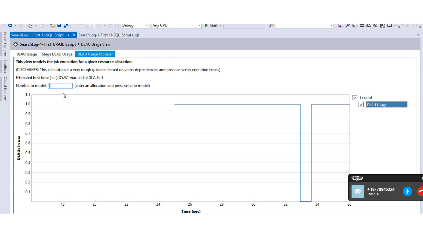Okay, so to check what could be the best compute unit that you can supply for your query. This is a sample query, so we don't have enough data, but if you're evaluating with GBs of data, then you can model how much compute you may want to give for this kind of query. I hope this gives you a quick idea of how you can model and compare what you've given and what Azure ADLA has used.